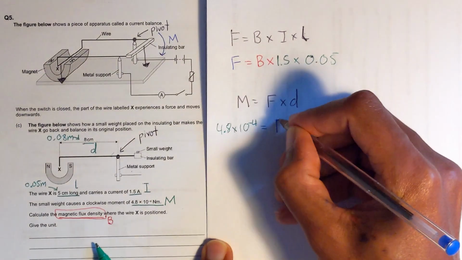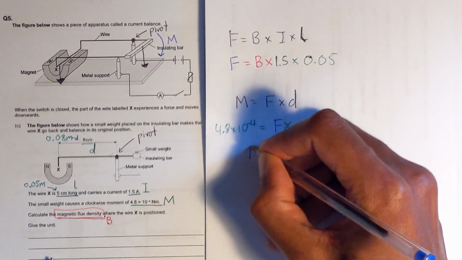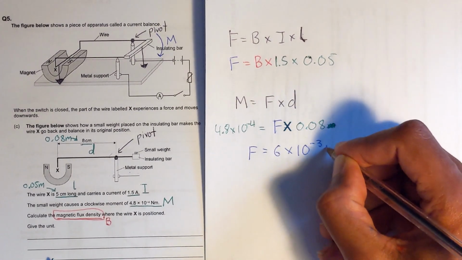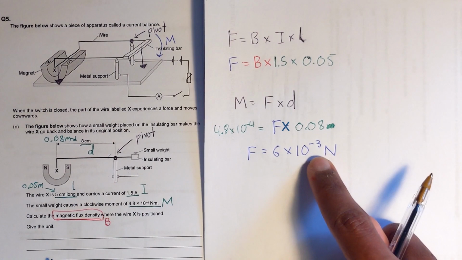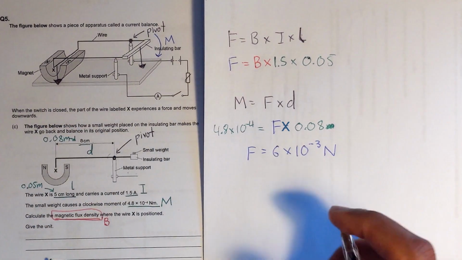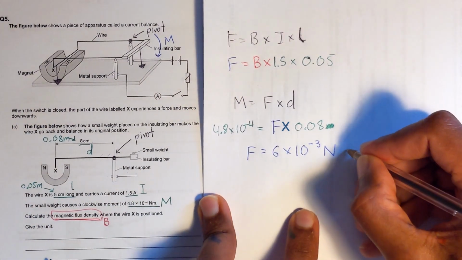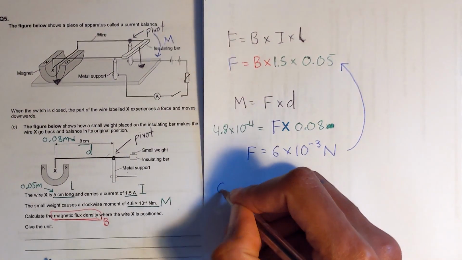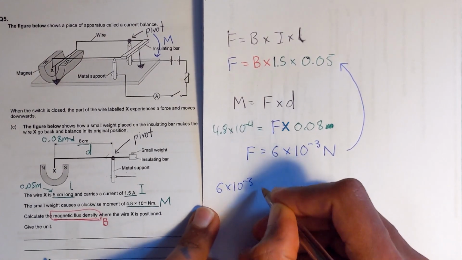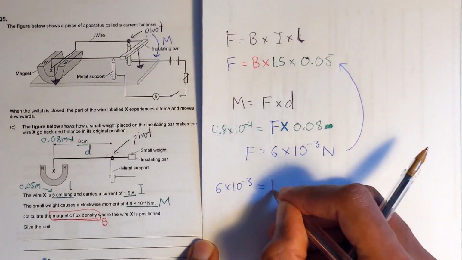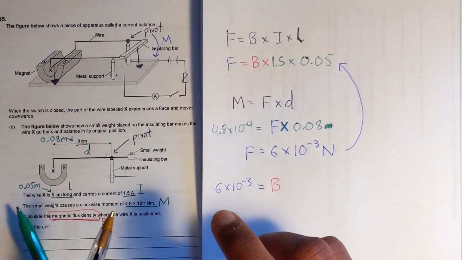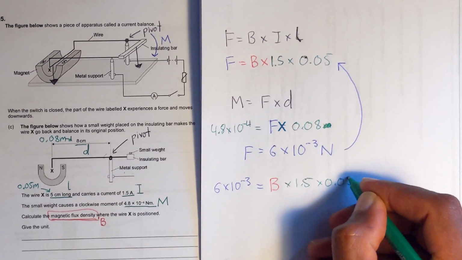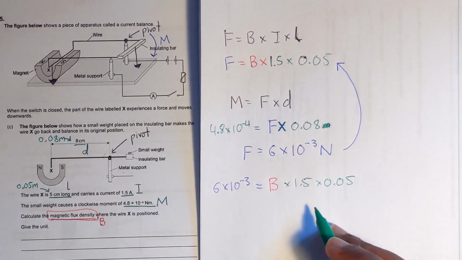So, rearranging that, you will get a value for F of 6 times 10 to the minus 3 newtons, which is a fairly small number because this is after all a wire balance. Now, putting that number back into this equation over here, we are going to get 6 times 10 to the minus 3 equals my unknown flux density multiplied by 1.5 times 0.05. And before we rearrange to get our final